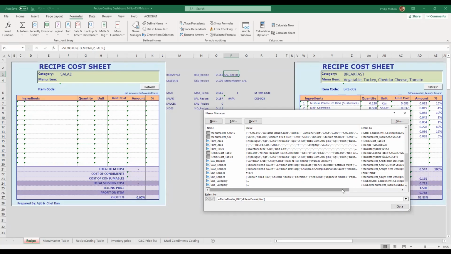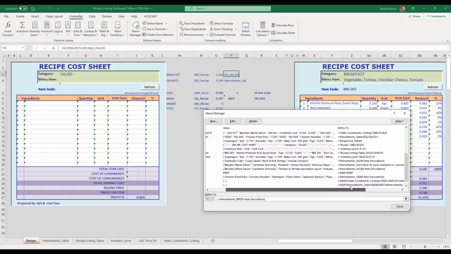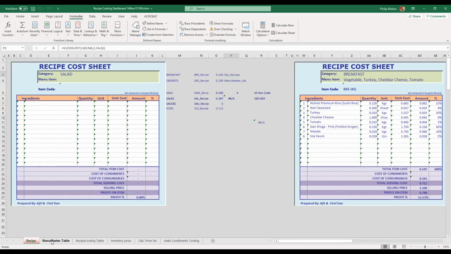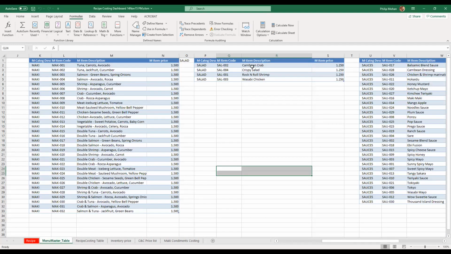And where is it picking it up from? Menu master, salary, item description. So this whole area is called SAL recipes.